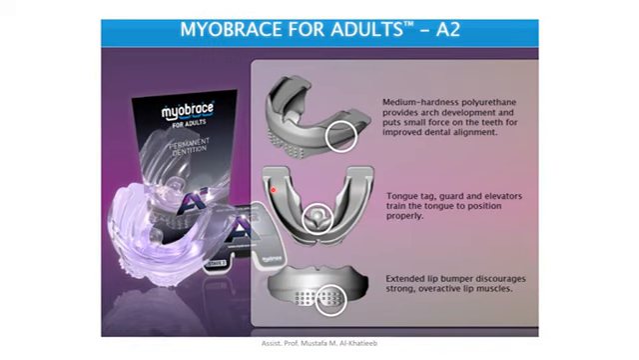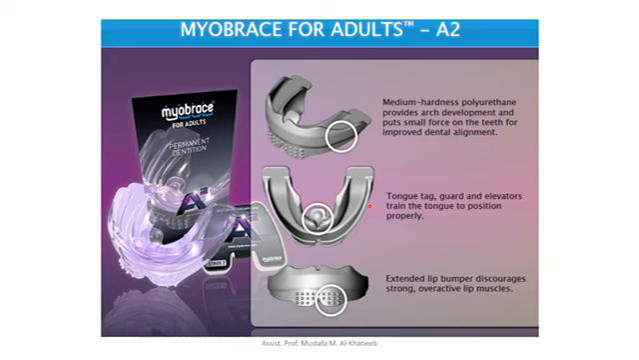bumper. The A2 has a medium hardness polyurethane, provides arch development and puts small force on the teeth for improving dental alignment. Tongue guard elevators train the tongue to position properly, and the extended lip bumper discourages